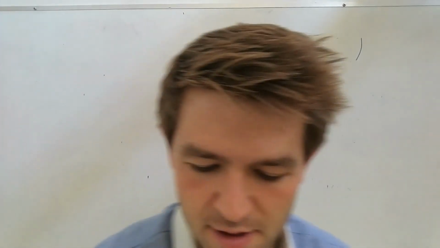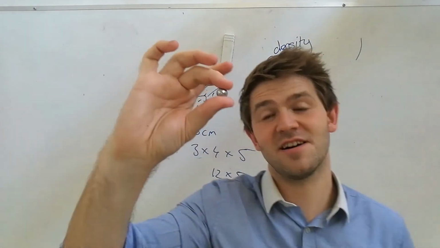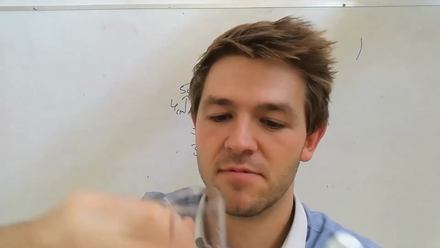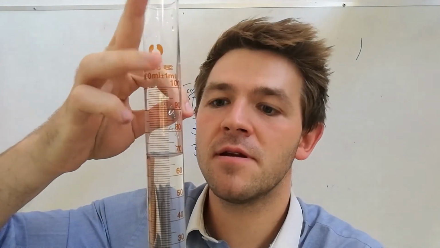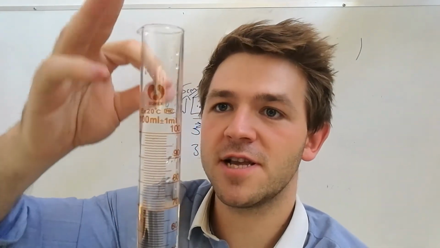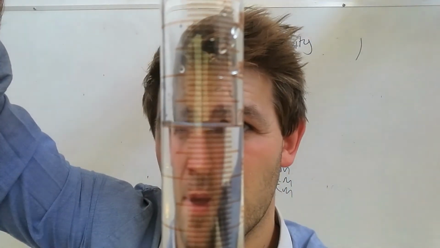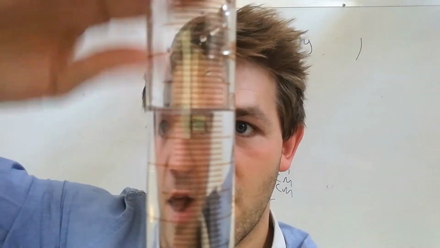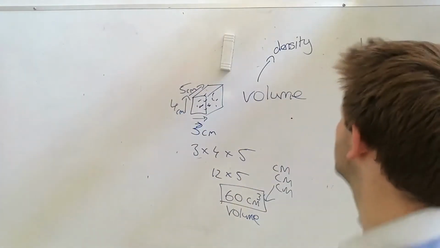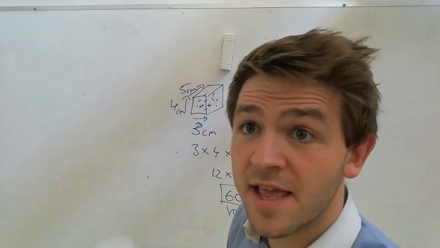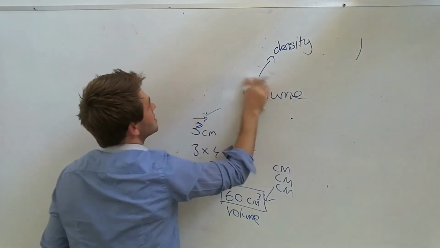Quick tip. Density of a ball is really hard because you can't measure its volume really easily. We have a measuring glass, and hopefully I can do this, hold it really steady. I should be on a table. But watch the water level. So I'll bring it closer. The water level has slightly gone up as I drop the ball in. And then if you see how much it goes up, you can work out the volume. That's smart thinking. Density. Finally, get this really done. We're at 11 minutes. Let's finish this.